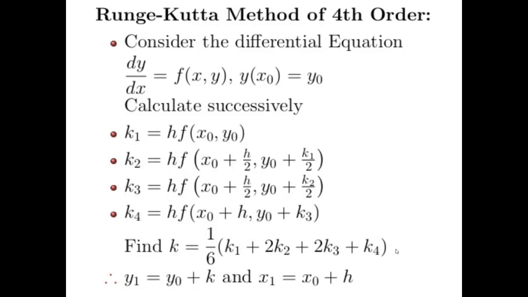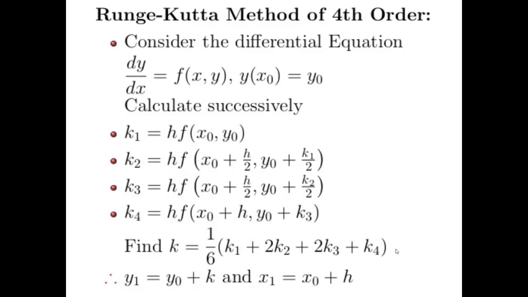Here x naught is the initial value that has been provided to us, and y naught is also an initial value provided to us. So depending upon these values we can easily calculate the value of the function, and then do some multiplication to find the value of k1. For example, if the function is dy by dx is equal to 3x plus 5y, then x naught and y naught are given to us, so we calculate 3x naught plus 5y naught. In this way we can calculate k1, that is the weight, also known as the constant if you are working in a program.